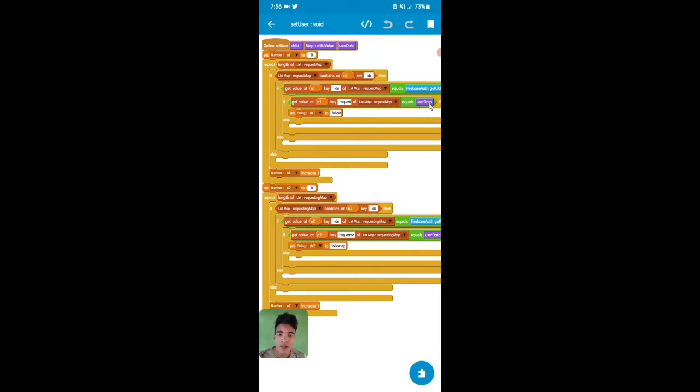So guys, user data is activity get extra key user data, which means this is our user's ID. Okay, this is the user ID, and then set string str1 to follow, else nothing, and last, number n1 increase 1, and then I'll add set number n2 to 0, and then repeat length of requesting map,